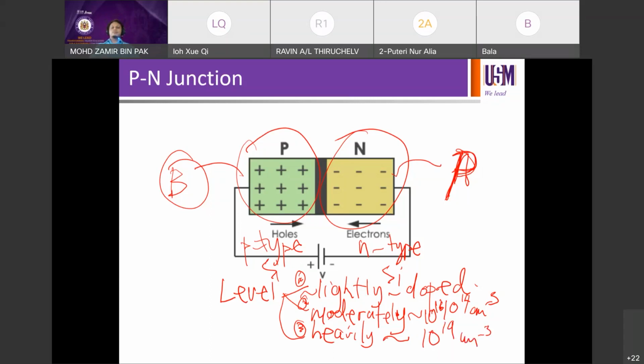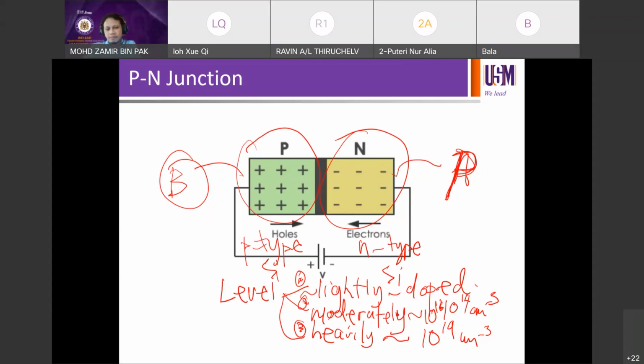So if you want to have a PN junction, you can form it by combining different combinations of P and N. You can have 10 to the 14 on the P and 10 to the 14 on the N combined. You may have 10 to the 19 on the P and 10 to the 14 on the N. You may have 10 to the 18 on both sides, or 10 to the 19 on both sides. You may have 10 to the 14 on both sides, or 10 to the 15 on both sides. It can be at any levels that you like, depending on what you need for your